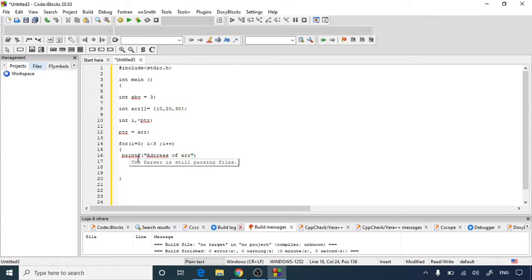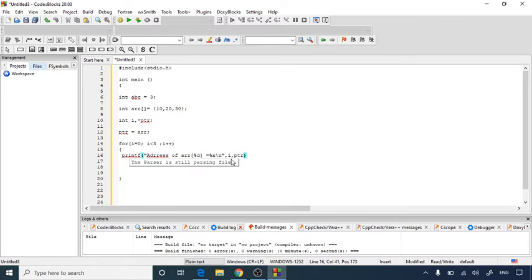So we will write arr, and inside that we are going to write %d. This is the format of the array element. The address will be in %x, \n for a new line character, comma i, comma ptr.